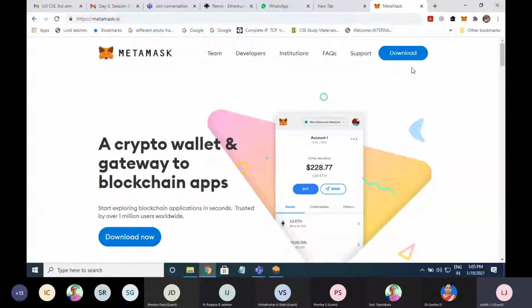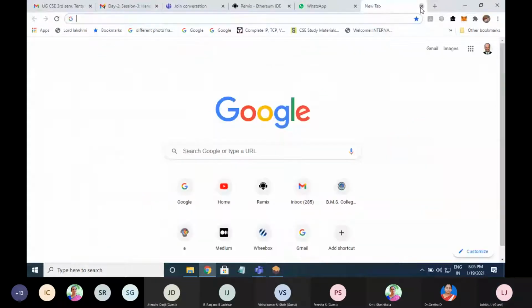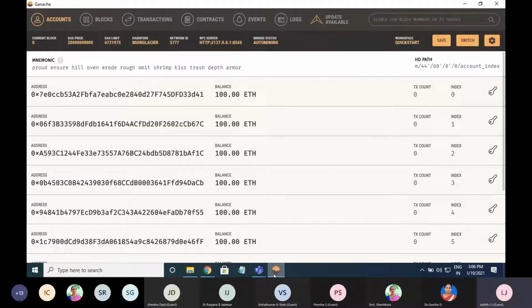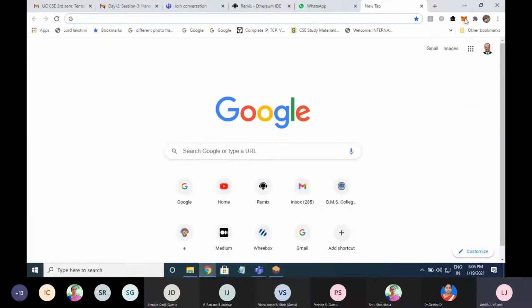You can download, and it will ask you to give a username and password. Right, once you provide the username and password, this will be stored as a browser extension. You can see this dog symbol right here in the browser extension. So I already downloaded that. I'll just open that. Okay, fine. Now this is open for us. Okay, I'll finish that and come.